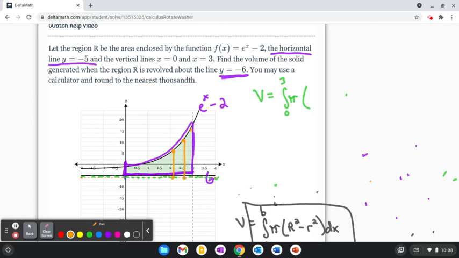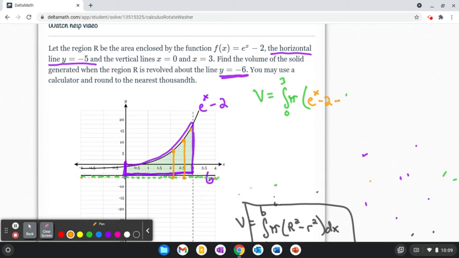Now remember, when we're looking at the radius, if the function's above the axis, it's just going to be the function value minus the axis. So generally, if this was just around the x-axis, it would just be the function minus 0, or just the function. But we're revolving around -6. So it's going to be e to the x minus 2